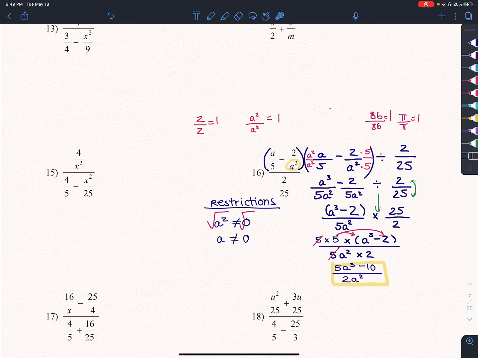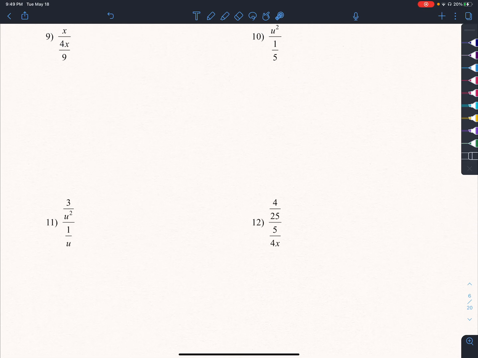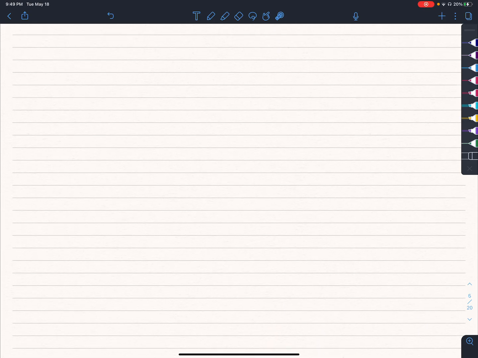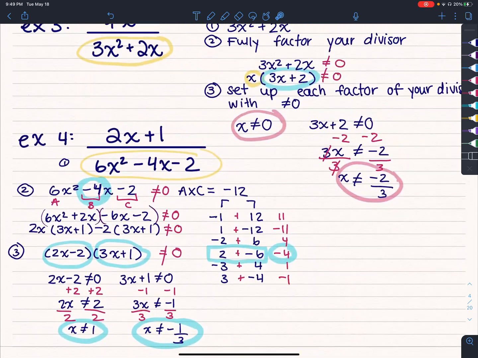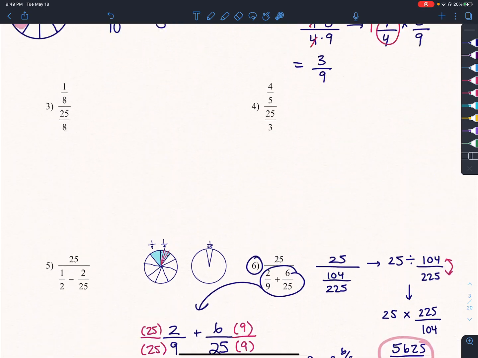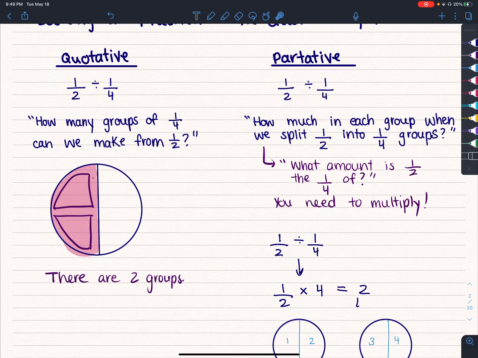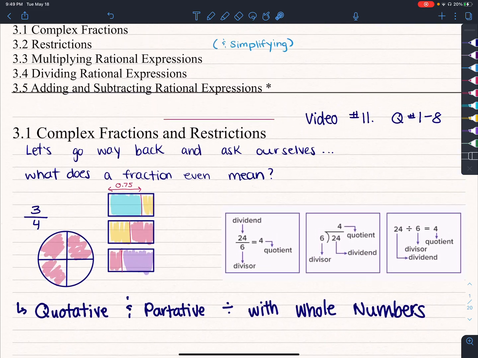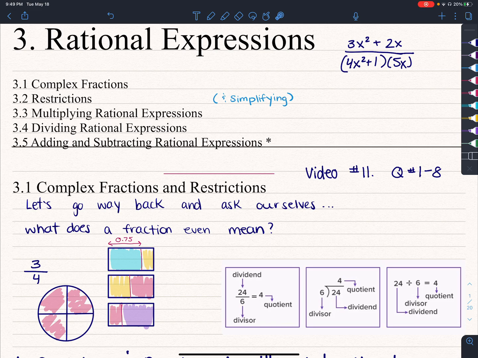Thanks for stopping by as usual, and in the next video we will look at simplifying. Where did all my notes go? Sorry, I'm scrolling back up. Yeah. So in the next one we will be dealing with, there's supposed to be a section here for simplifying,